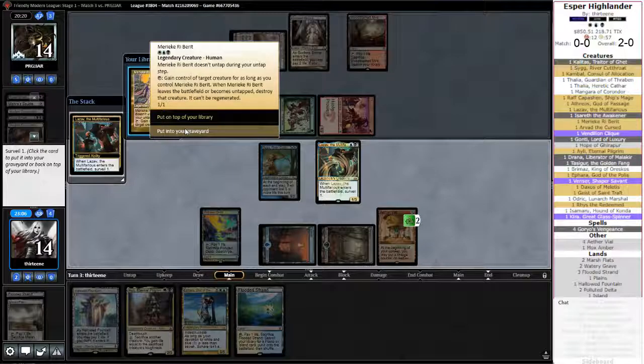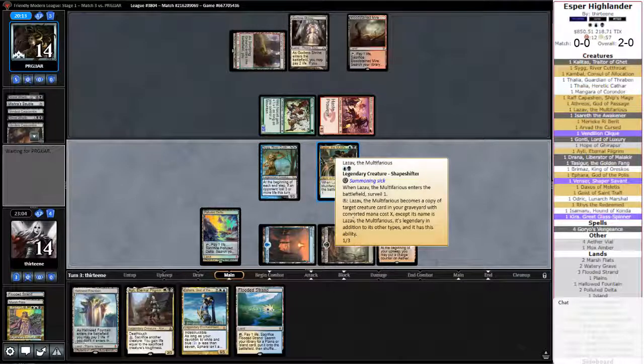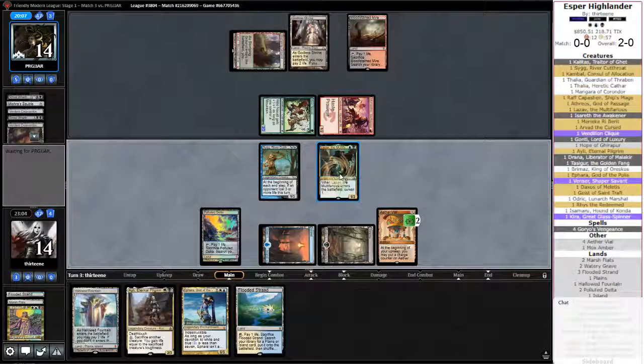Lazov actually could have been a Marike this turn if we would have put it in, but that's fine. I think we just want it in the graveyard, and then I can always just take control of a Death Shadow that they commit on, assuming we leave up mana. This is where this deck gets a lot of really weird interactions, because Lazov will become a copy of Marike, and it won't have summoning sickness, so we can just gain control, and then we could actually...